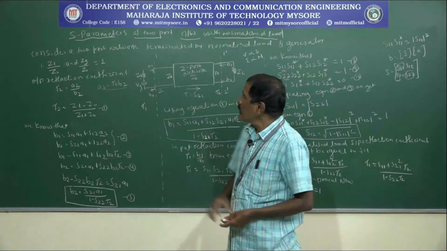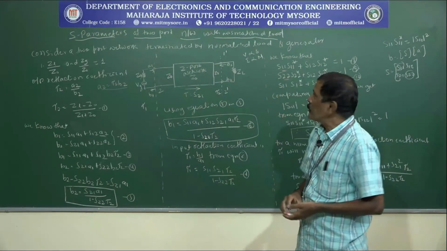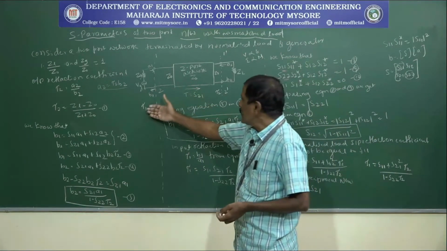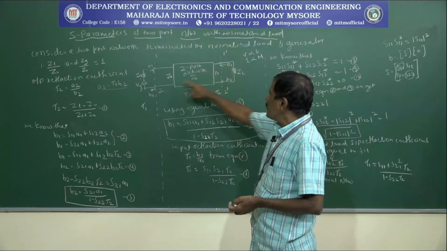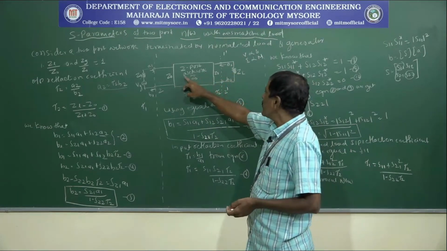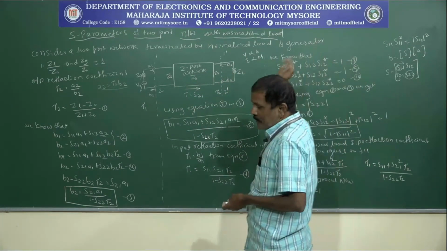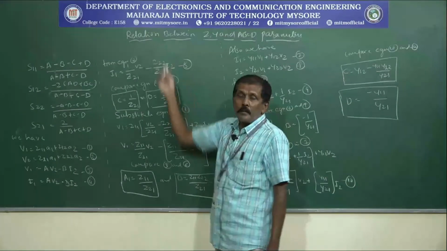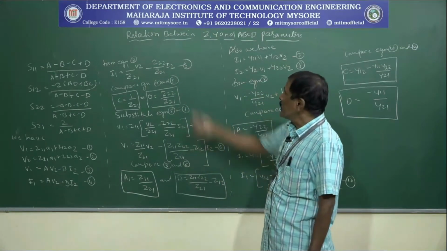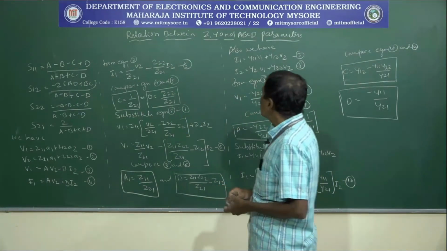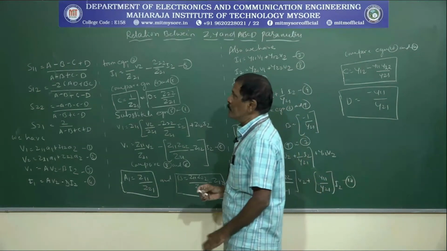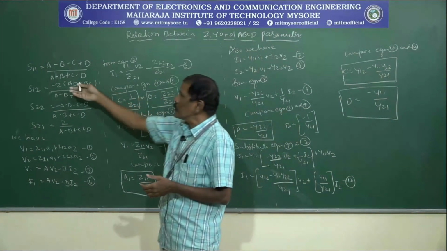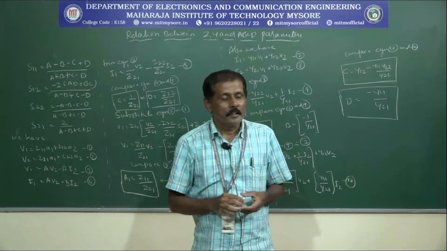And this is all about the S parameters of a two-port network with a mismatched load, where we have calculated tau 1, tau 2, A1, A2, B1, B2, and then the parameters S11, S12, S21 and S22. Now, let us study the relation between Z, Y and ABCD parameters. We will try to find out the relation of Z, Y and ABCD parameters with our scattering parameters.